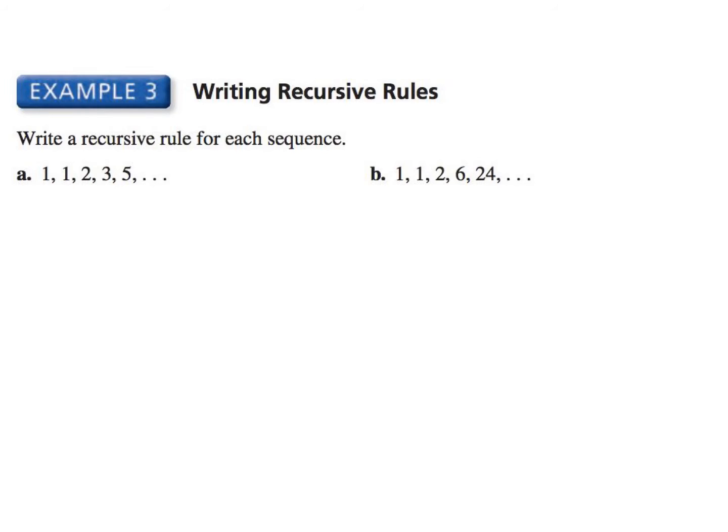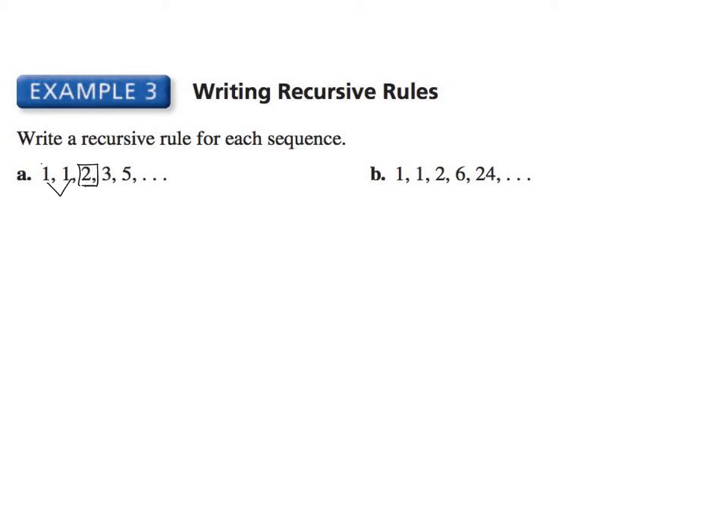To get into a couple of special forms of recursive rules. The prior one we did arithmetic and geometric, and now we're going to look at some special rules. If you look at A, the terms do not have a common difference or a common ratio. So if we look at the third term, which is 2, our third term is 1 plus